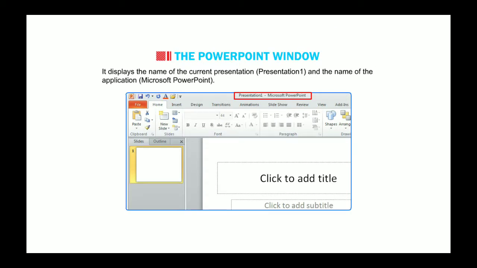It displays the name of the current presentation, for example, presentation 1, and the name of the application, for example, Microsoft PowerPoint. So here, this is the title bar where the name is presentation 1 and the name of the application is Microsoft PowerPoint.